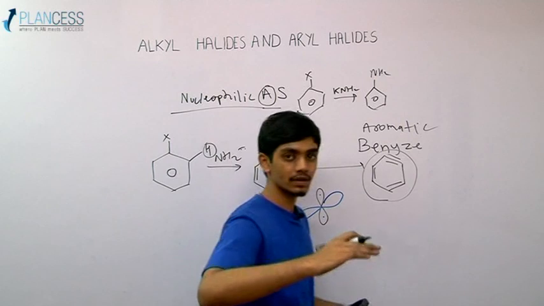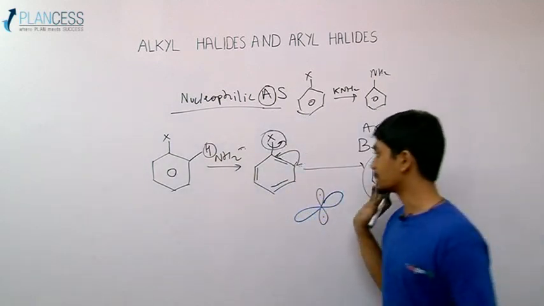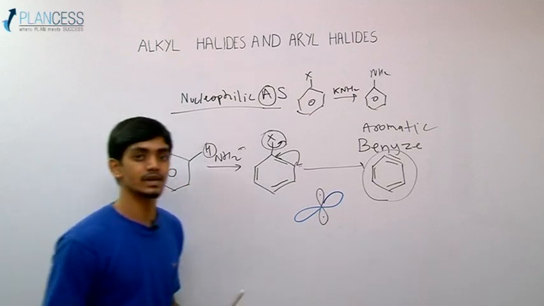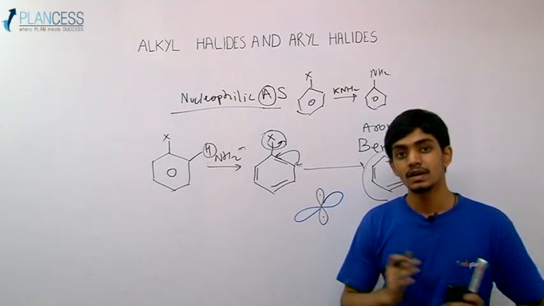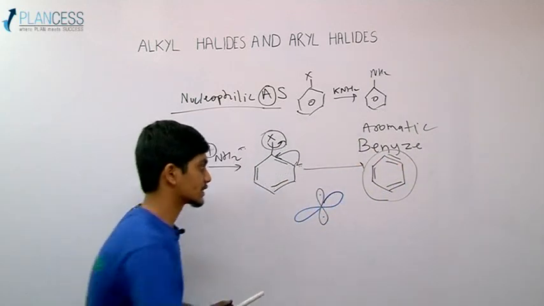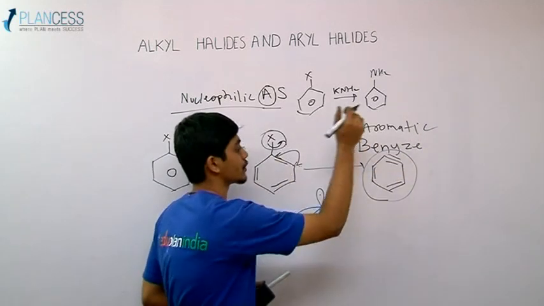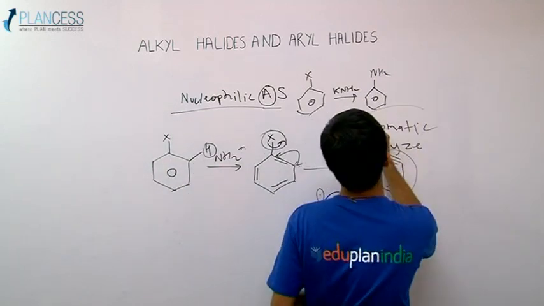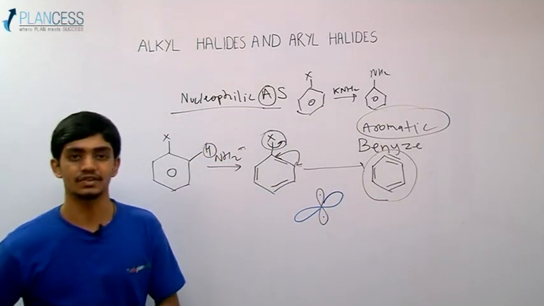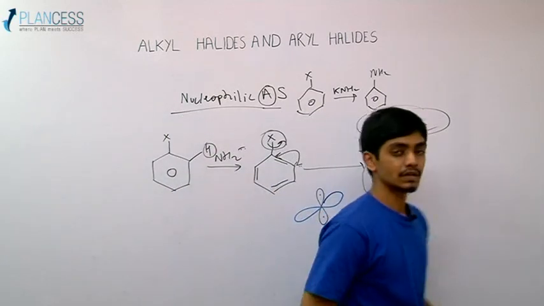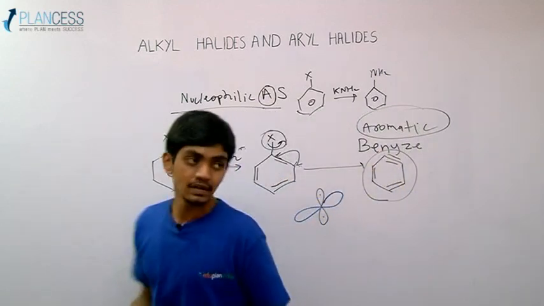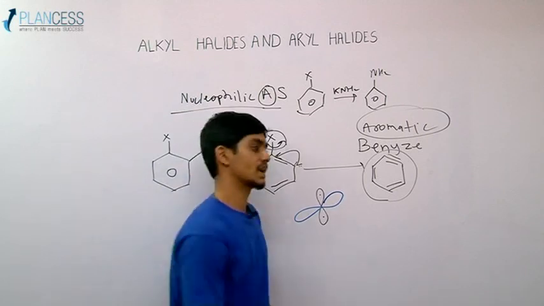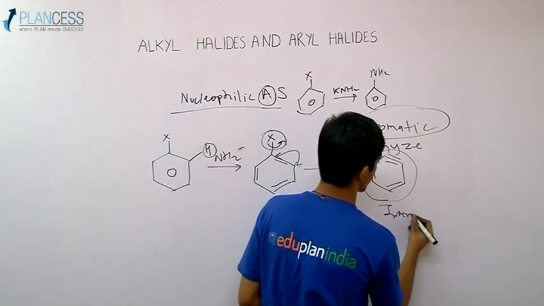electron density is perpendicular, and for resonance we know that the p orbitals, or the electron density, should be planar. That is, the p orbitals must be parallel to each other in order to have resonance between them. So the third p orbital cannot be involved in the resonance of the benzene ring, and hence the benzyne intermediate is aromatic, and that makes this intermediate quite stable, but not that stable, because we know that there is a triple bond present, and that destabilizes the molecule very much,